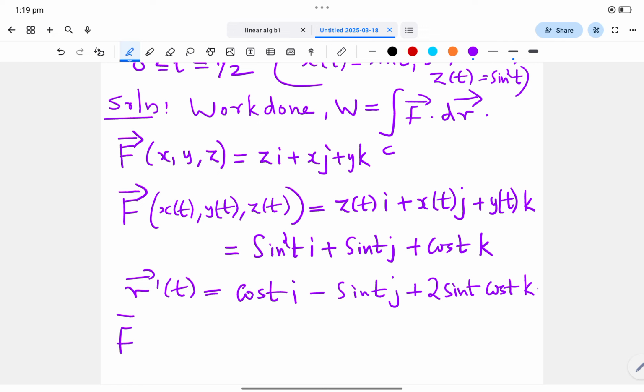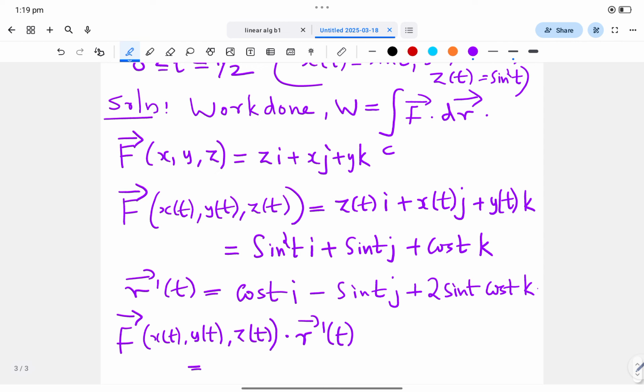So F of x of t, y of t, z of t dot r dash of t will be equal to